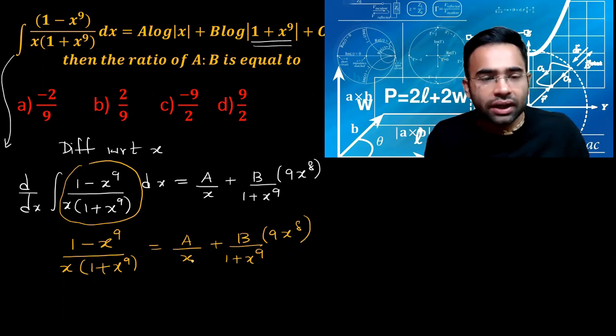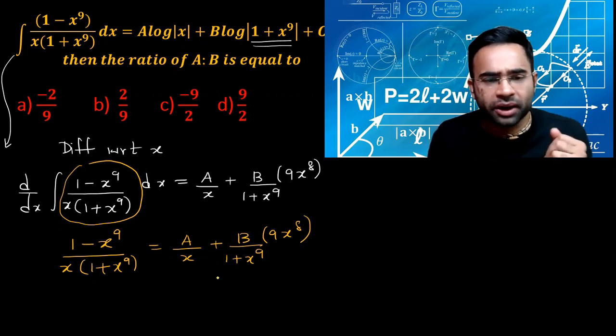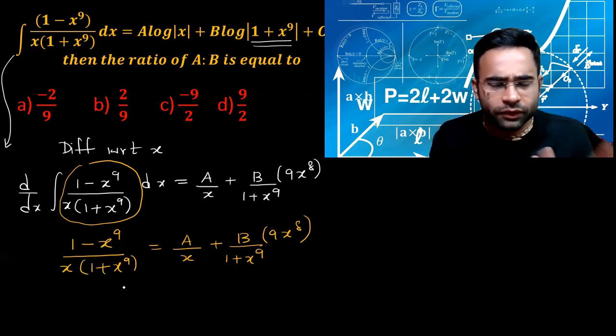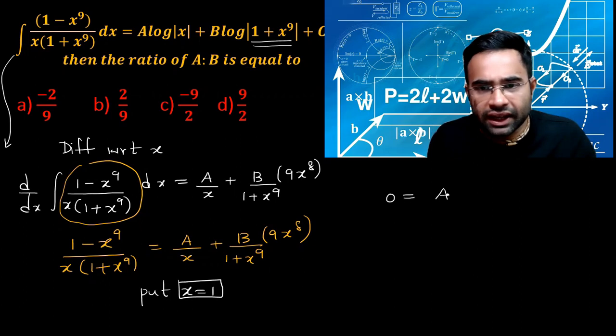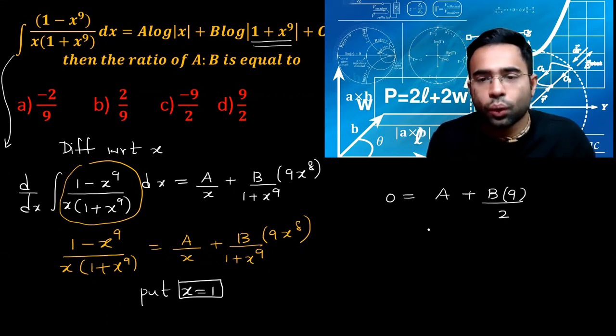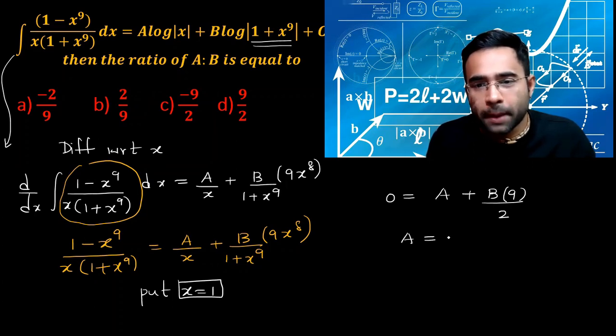Now, kids, once you reach here, since it's an equality sign, it is true for all real values of x, right, kids? All values which are permissible here. So let me put x as anything. Let's put x as 1. See the beauty now. The moment I put x as 1, the problem will be solved. 1 raised to 9 will be 1, so 1 minus 1 will be 0. Again, x is 1, so plus b, 9, and 2. Wow. So what I get here is a equal to minus 9 by 2 b. And that's why I get a by b is equal to minus 9 by 2.